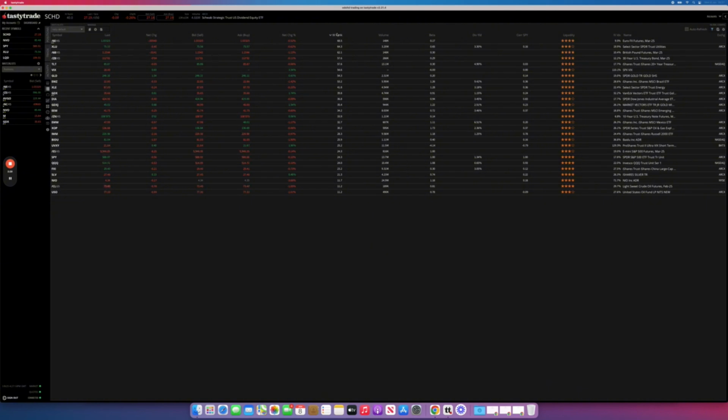I personally like to order everything from high to low IV rank. Again, we want to be selling high, buying low. So we want to sell when volatility is high and play the contraction back down to the mean. Volatility is contracting most of the time in the market, and it's one of our edges when you are trading in this style. So we simply go down the list at this point and see what would fit well in